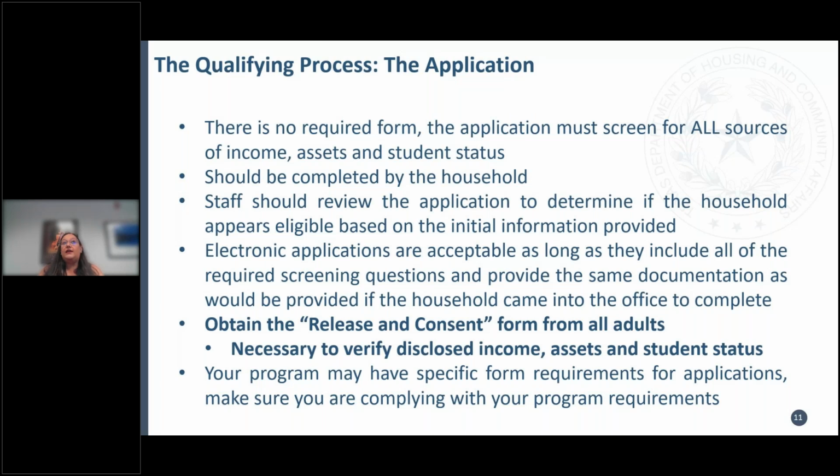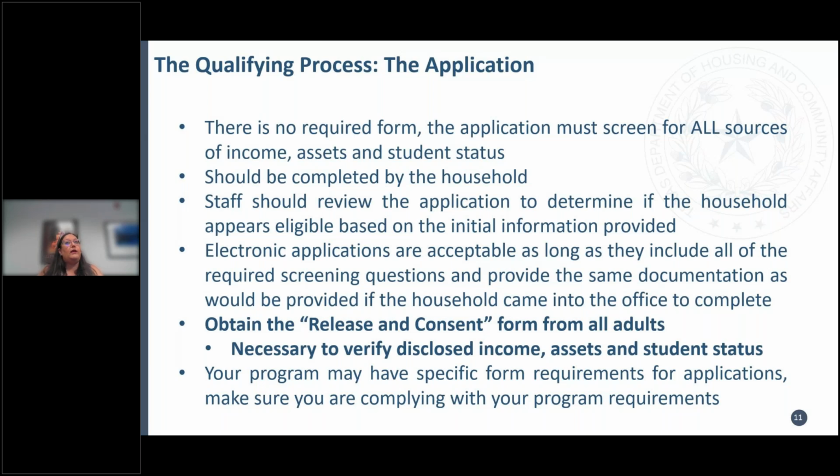The application needs to be completed by the household unless the household has a reason that they can't complete it. Maybe they have arthritis that prevents them from being able to hold a pen. Maybe they don't read or write English proficiently enough to fill it out. If they have a family member or a friend that can help them fill that out, that would be ideal. If not, staff can assist, but there should be a clear clarification in the file that indicates who filled out